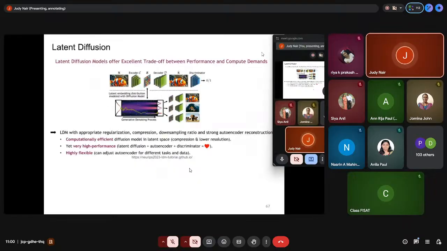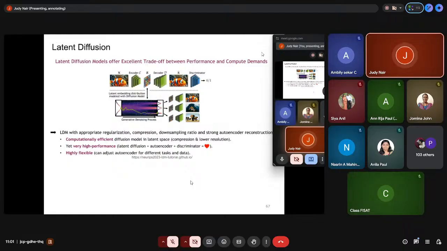Now, very important is the latent diffusion model, which is mostly used nowadays. Do you remember what we said? It depends on whether diffusion models work on pixels or on the latent space. If it is pixel based, when you add noise to each pixel it takes a lot more time. So this is a breakthrough which came in NeurIPS.